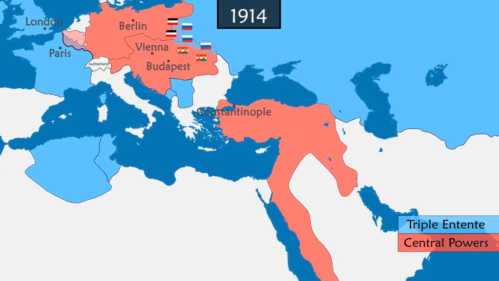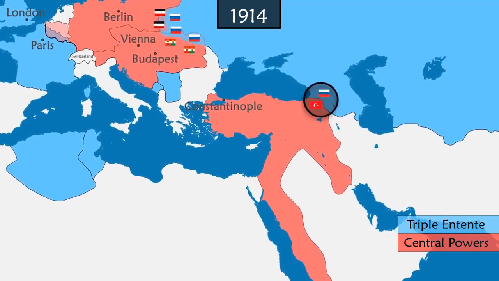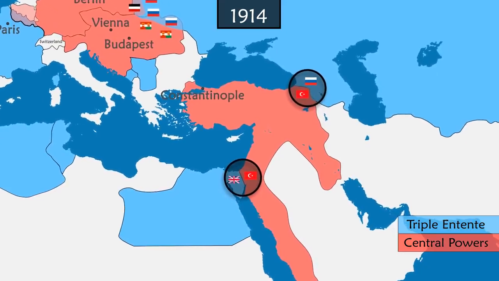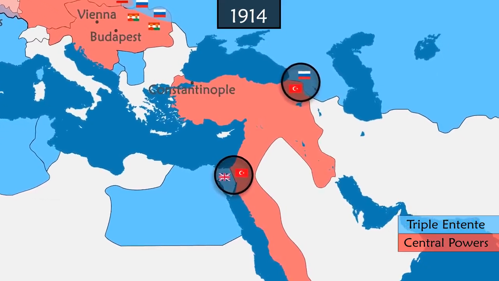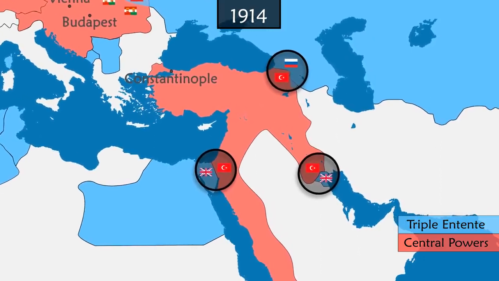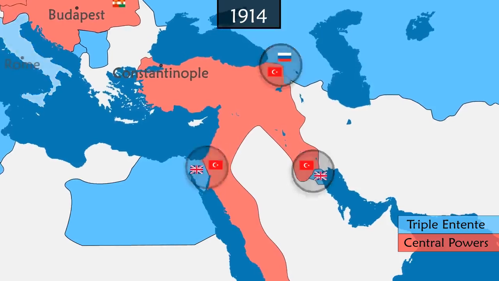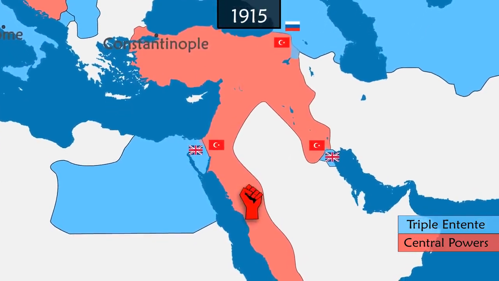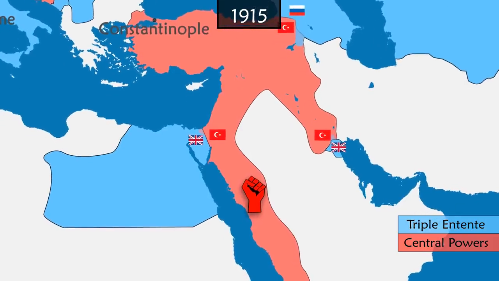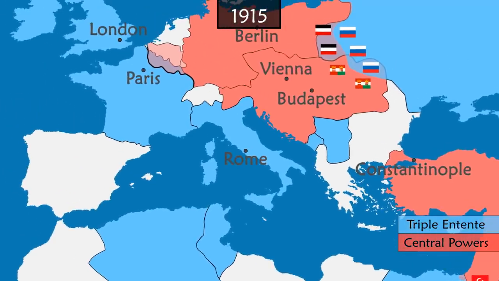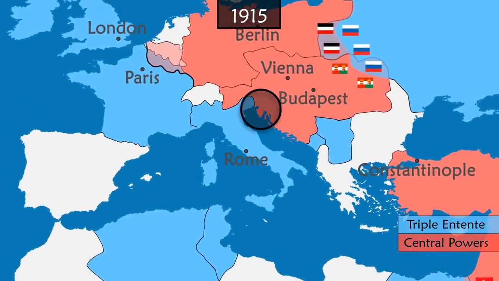This creates several new fronts, one in the Caucasus, another in the Sinai against the British Protectorate in Egypt with the goal of controlling the Suez Canal, and finally a third front in the British Protectorate of Kuwait over the issue of oil resources. To weaken the Ottoman Empire, Britain supports an Arab rebellion by promising them independence in liberated lands. Finally, Italy declares war on Austria-Hungary with the hope of gaining new territory.